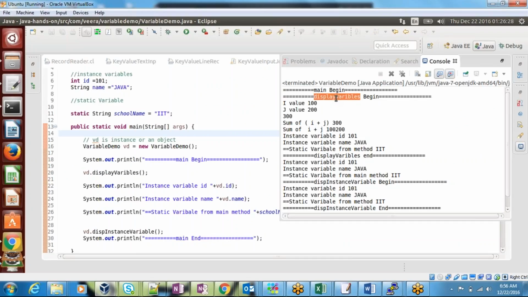So the display variables method is getting called, and here the local variables I and j are printed, and the static variable is also printed. If you look here, in the display variables method we have a static variable, we're just printing that, and also we are printing our main method related one. So if you see here,